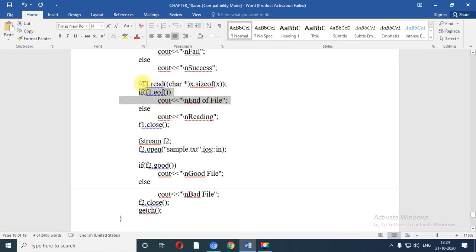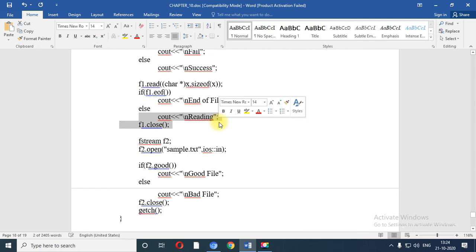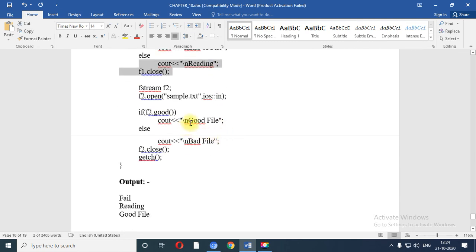But right now our f1 object is capable of reading the file, so it will print reading on the screen. Similarly, 2 more functions we have used over here, f2.open. So suppose the sample file is already available, at that time it will print good file, otherwise it will print bad file.